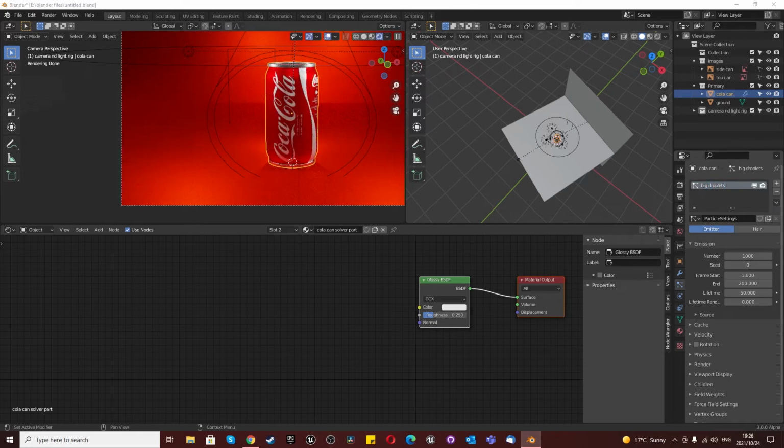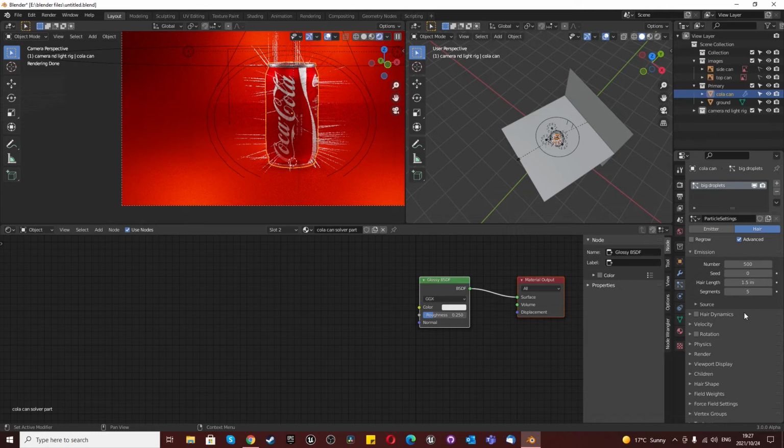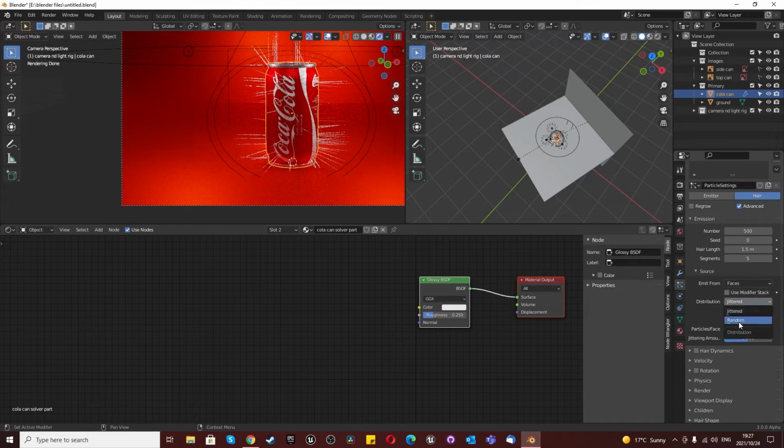and there's going to be a few things we do here to make this work. We're going to change it to hair, tick advanced. We're going to make this 500, and you can decide on the seeding later for the variation as you please. I'm going to make the thickness for the time being 1.5, and then we're going to go to source, make sure jittered changes to random,